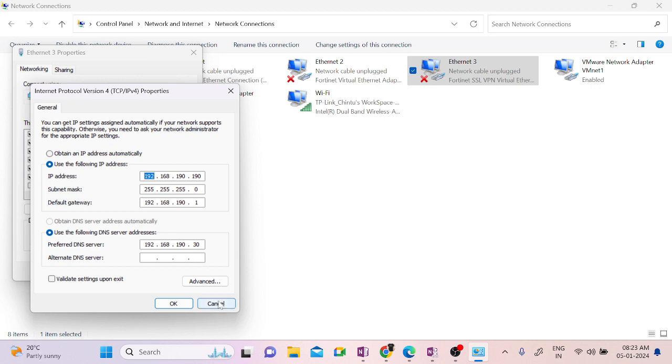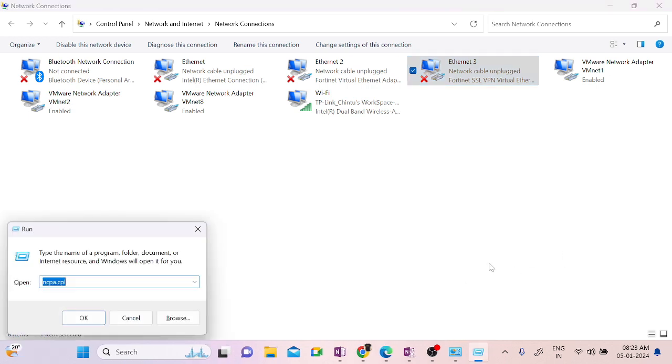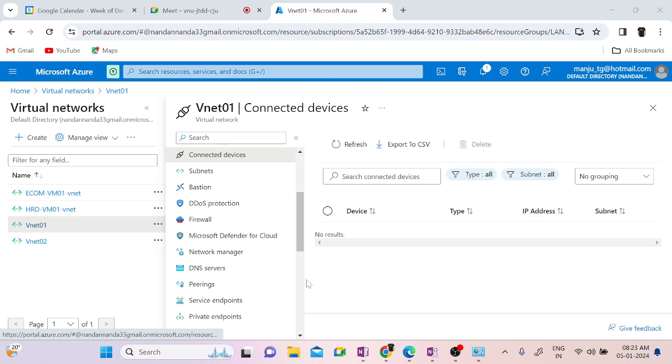But in the case of Azure, it is not like that. In Azure, you should not go to the network interface card properties and add the IP address. If you do, the machine will go out of the network, and you will not be able to connect to the virtual machine at all. You are not assigning the IP address for any resources, correct? Because you are directly giving the address range and Microsoft is assigning the IP address to the computer. So to give the DNS address, you need to go to the subnet here